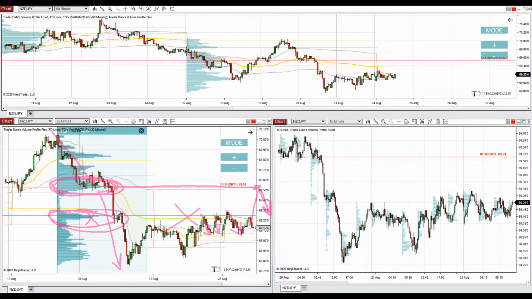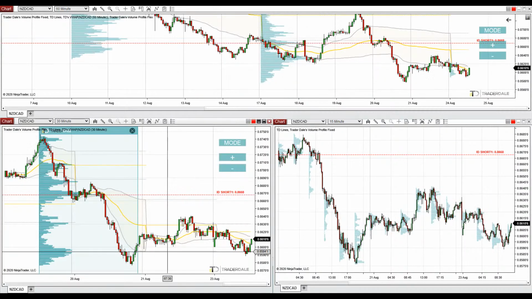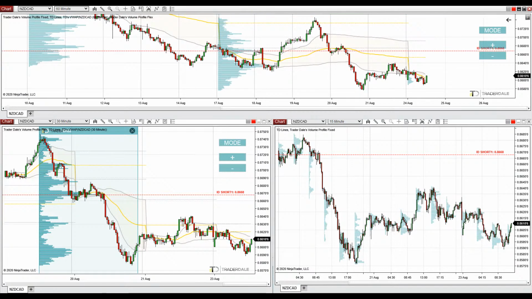Alright, so that's the trend setup, New Zealand dollar, Japanese yen. Let's now go into the last trading idea of this video, which is going to be on the New Zealand dollar, Canadian dollar. In this case, it's very similar to the previous case. There's also a trend setup, and within this trend, I also look for significant volume clusters to participate in the